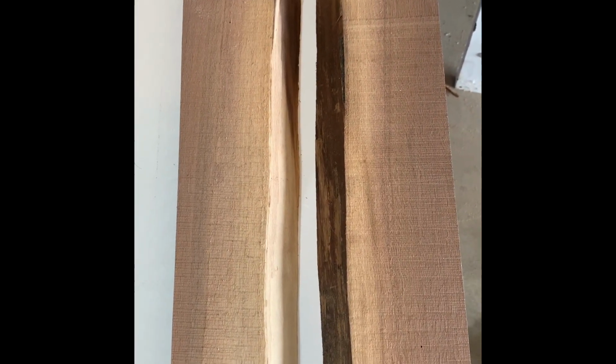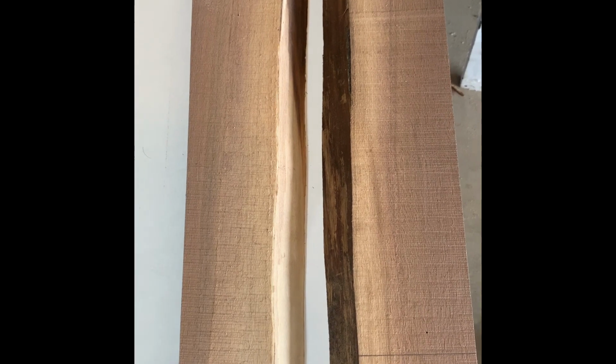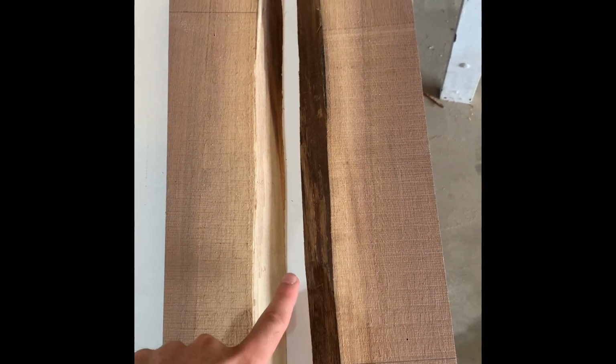All right here, so I got some pieces of walnut that I've had previously cut and left over from a different project. As you can see, it's got that live edge on the inside, so that's where we're going to be putting